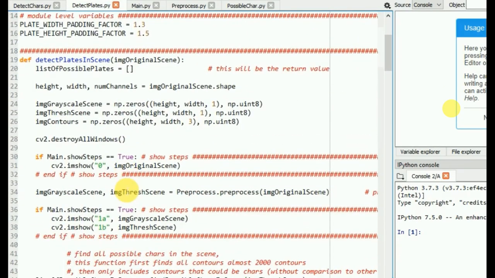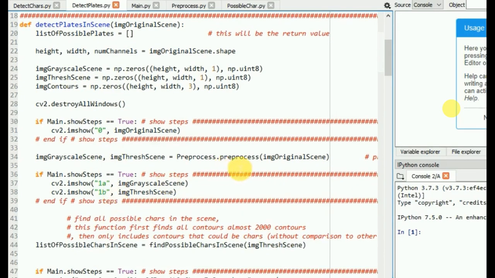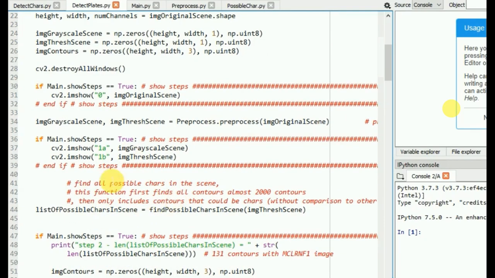Now we come to our function detect plates in scene. First of all, we will be converting our original image, the original scene, into grayscale as well as threshold image using the function preprocess. Now we will be doing the number plate detection. First we will be finding all the possible contours in our image.